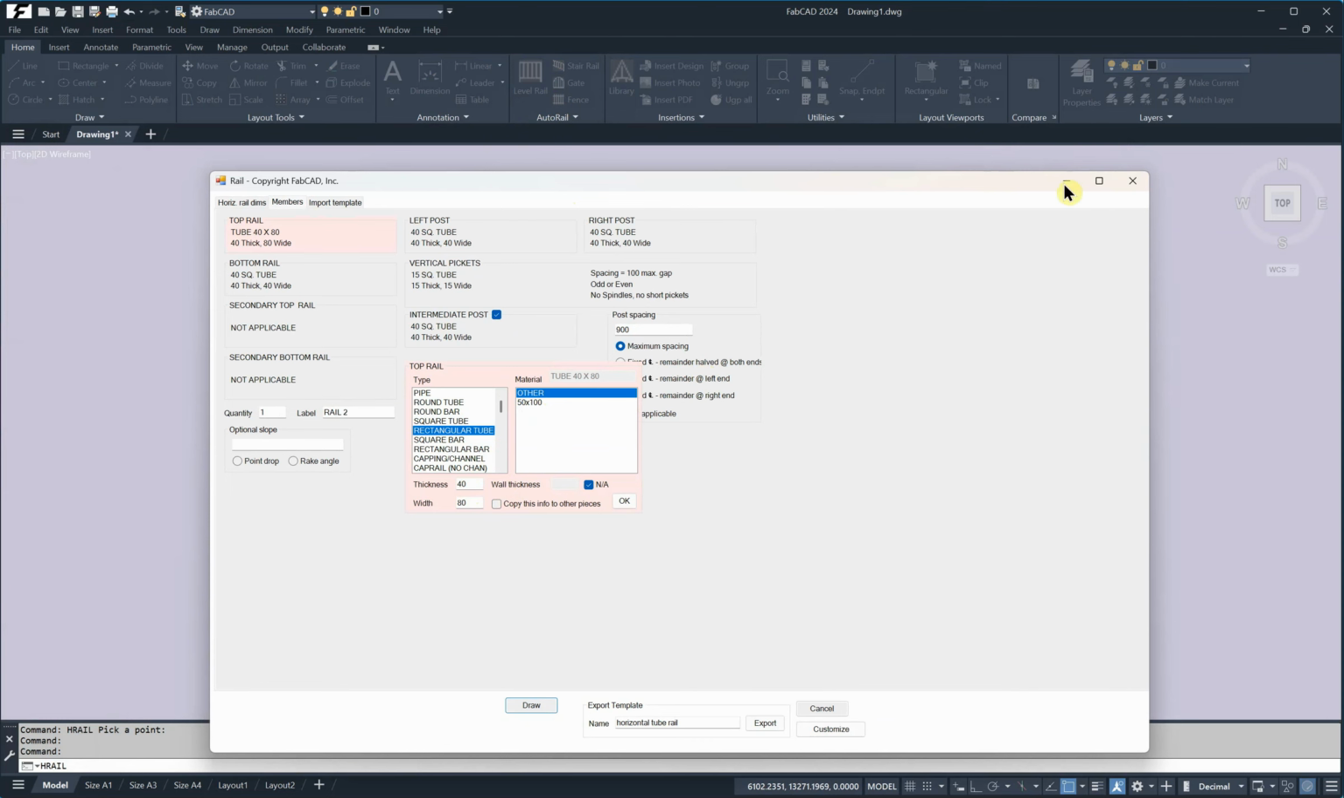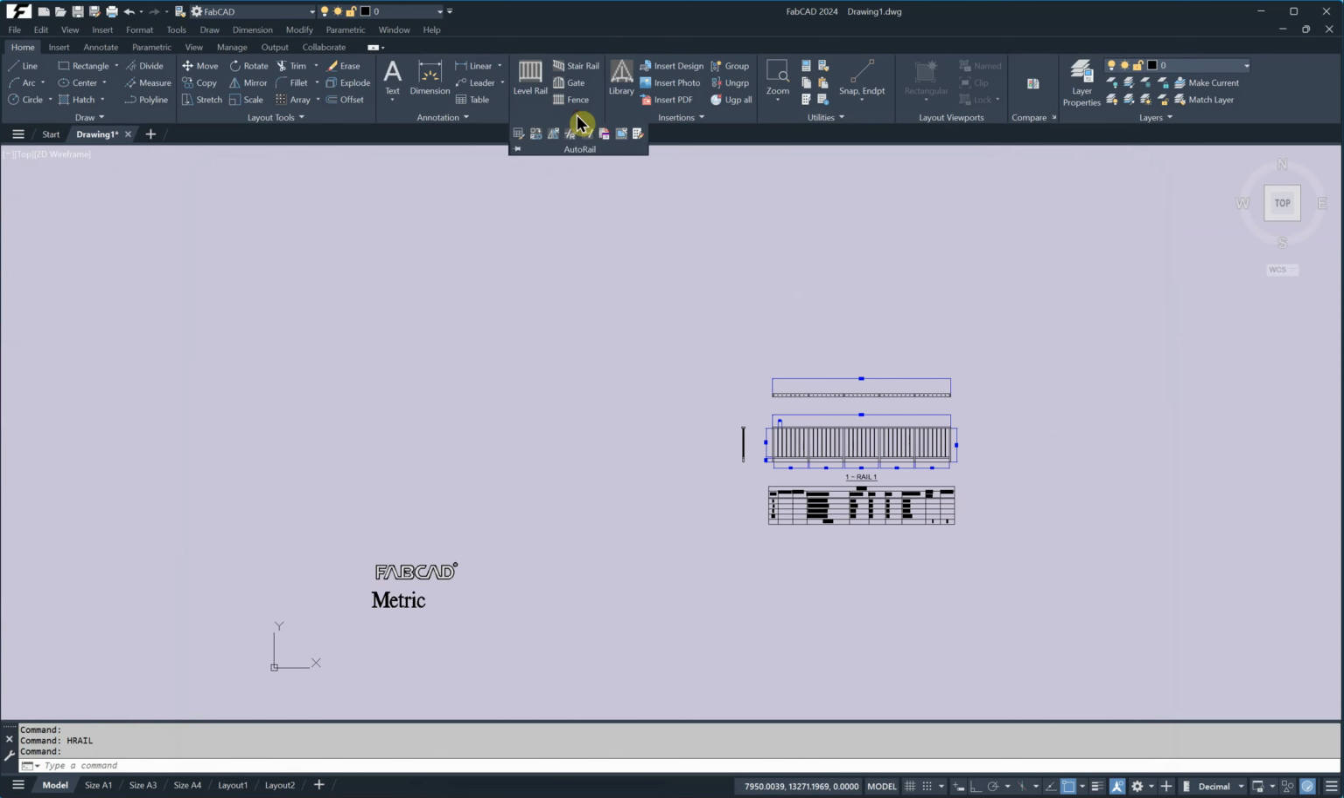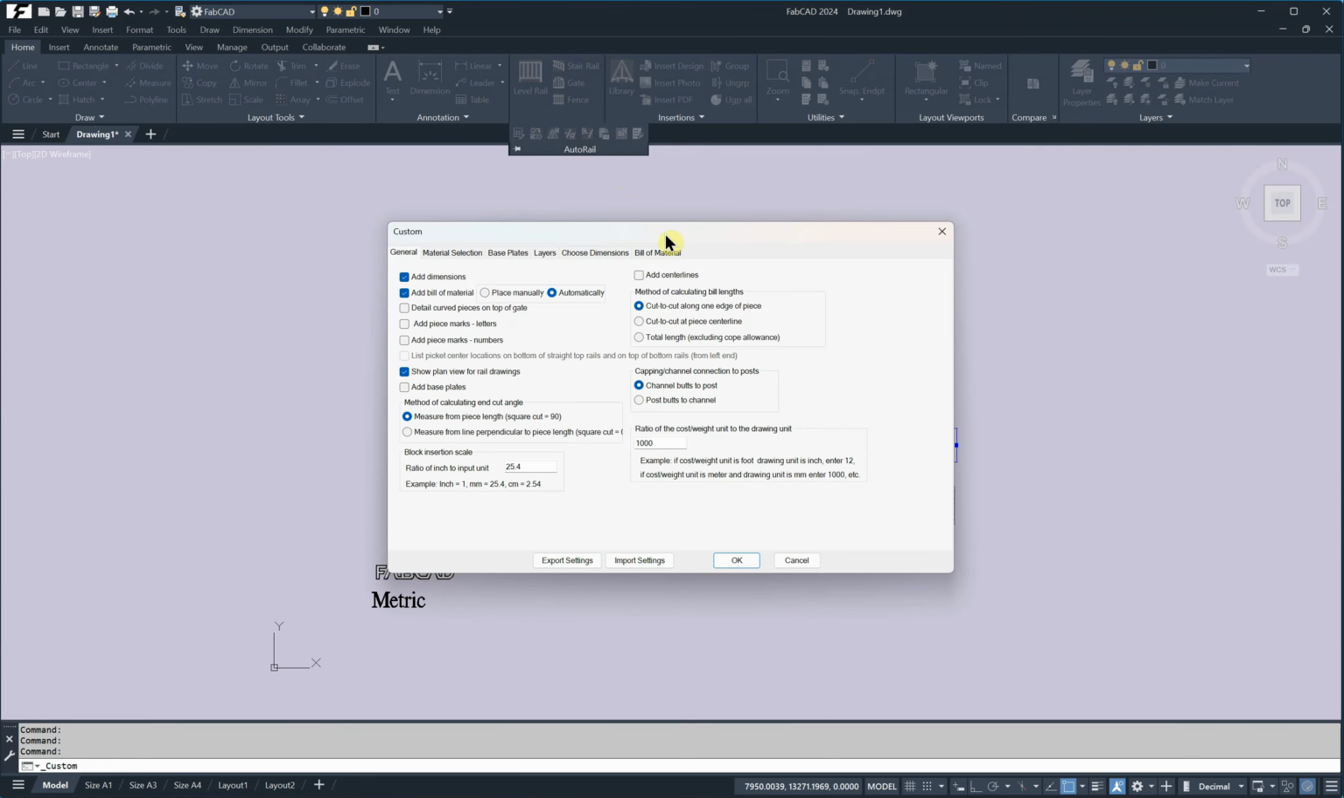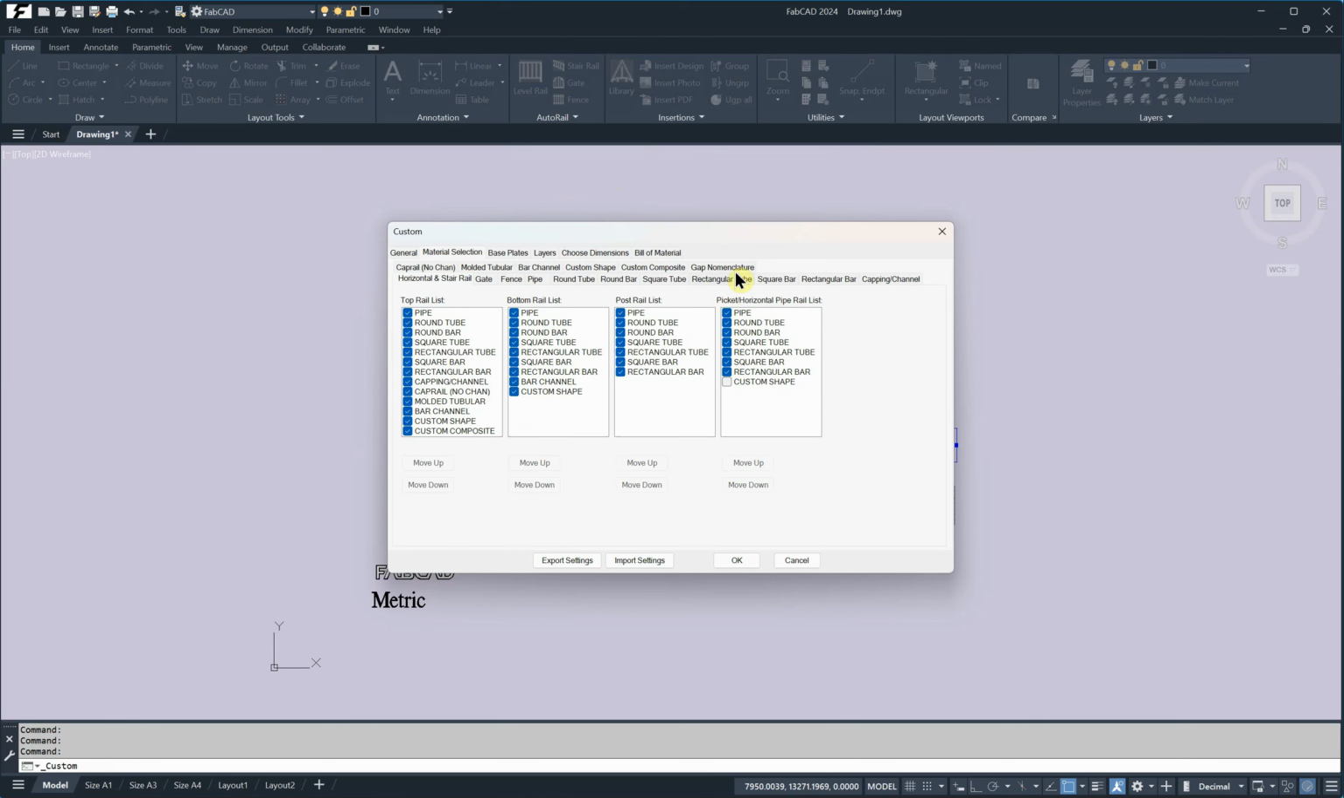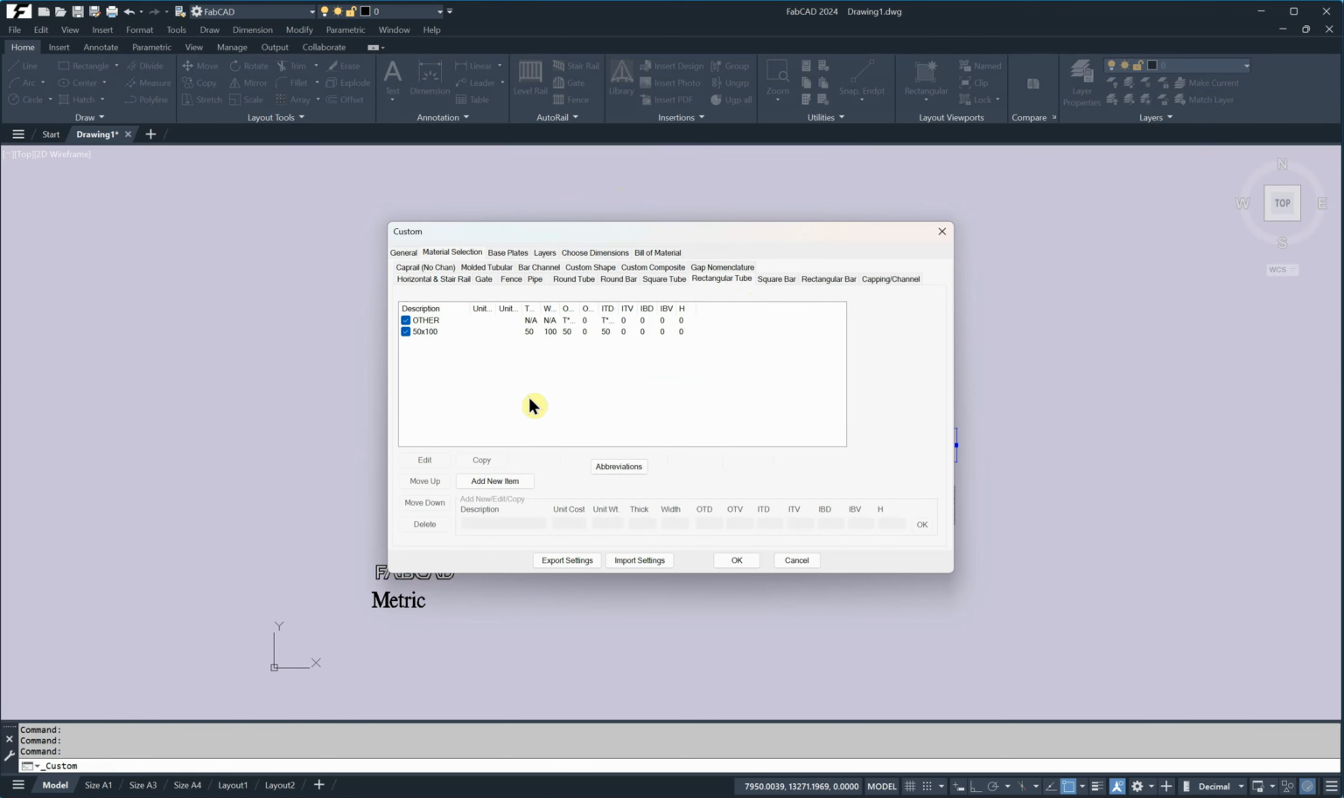We can just get out of this for now, go to the customized box over here, do the fly out. This is the customized box here, and we're going to select the material selection tab, go to rectangular tube, and this is the 50 by 100 that was on the pull-down list. I'm just going to highlight that. We're going to copy that and create a new item. Instead of starting from scratch with adding a new item here, we just copy an existing one and just change it. So we'll change the 50 to 40, and we'll change the 100 to 80,